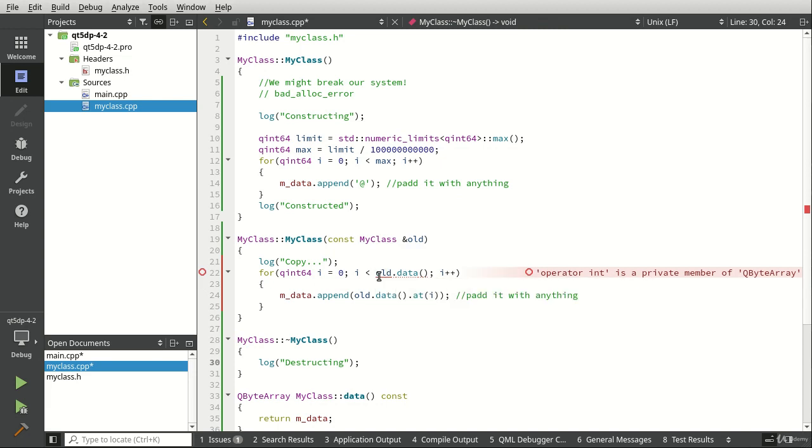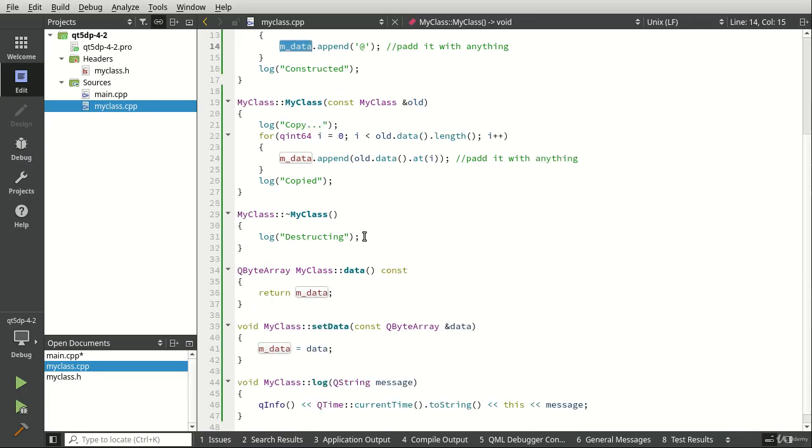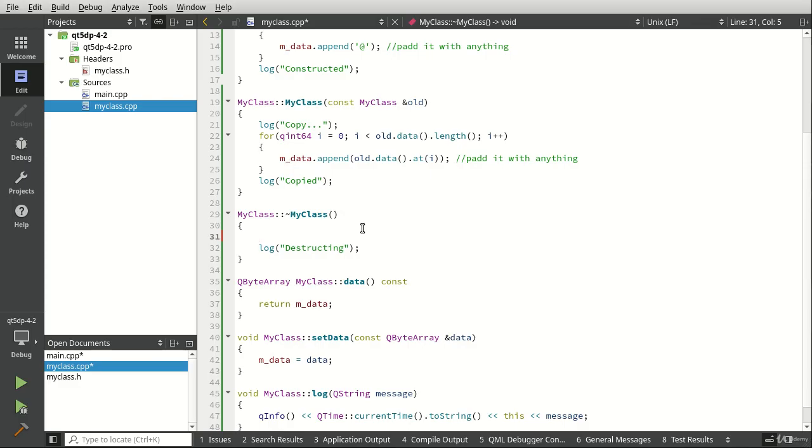Uh-oh, why is this suddenly saying we have an issue here? Ah, I know why. Not left. Work with me here. Length, there we go. And then I'm going to log out that we have copied this. So really what we're doing here is we are creating a class, making some data. We have a copy constructor so we can make a copy of this object and the data will go with it into our copy. And we are just pretending this is a much more complex data type than what it actually is. And because we're destroying this, let's go ahead and say